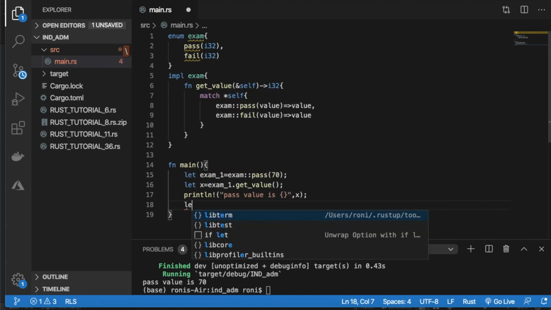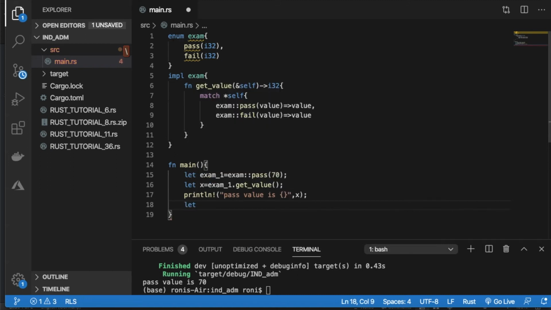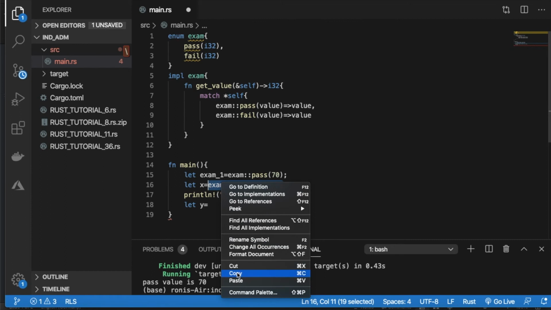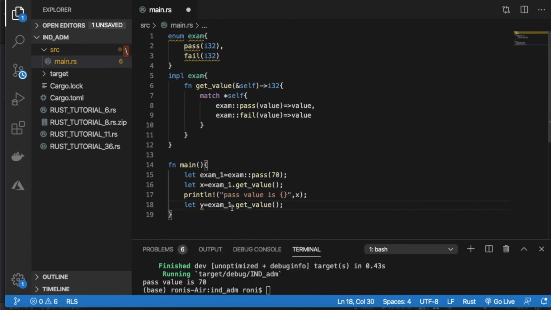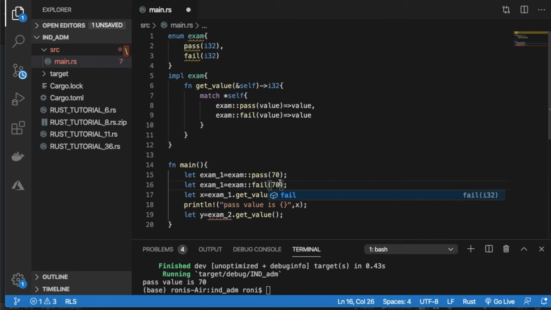Let y equal to this thing. Here it will be exam 2, and fail, let's give it some value, 50.